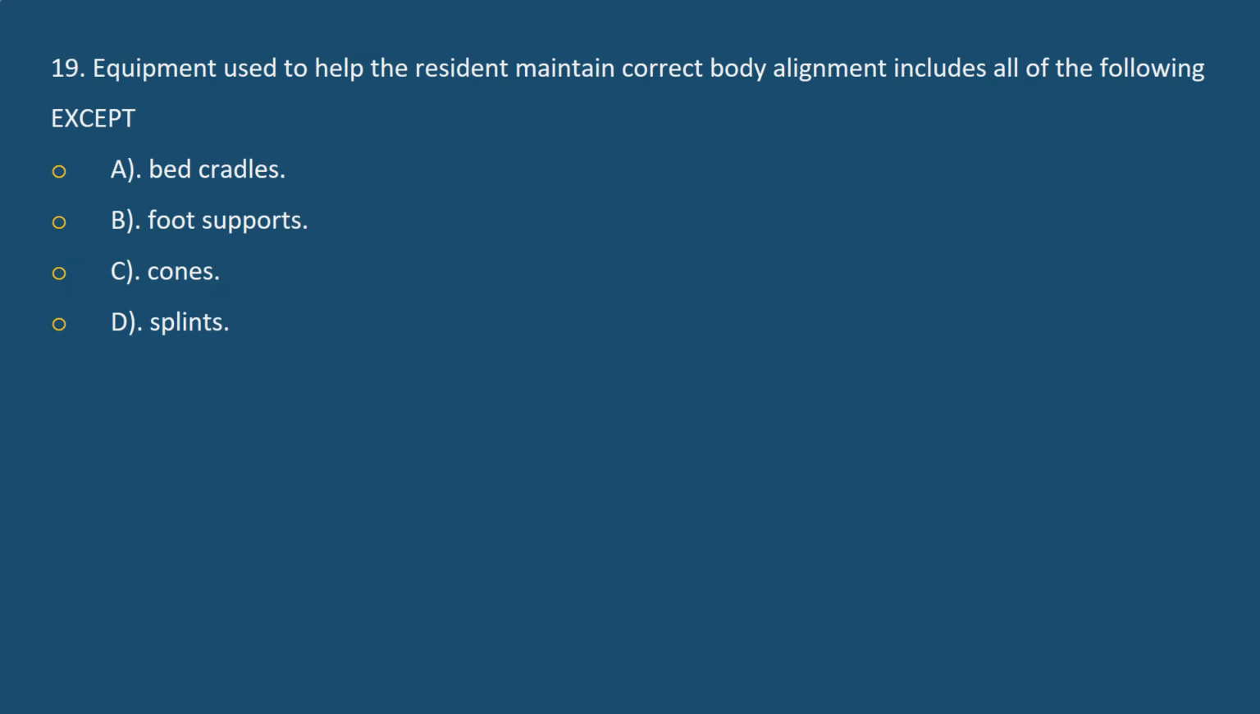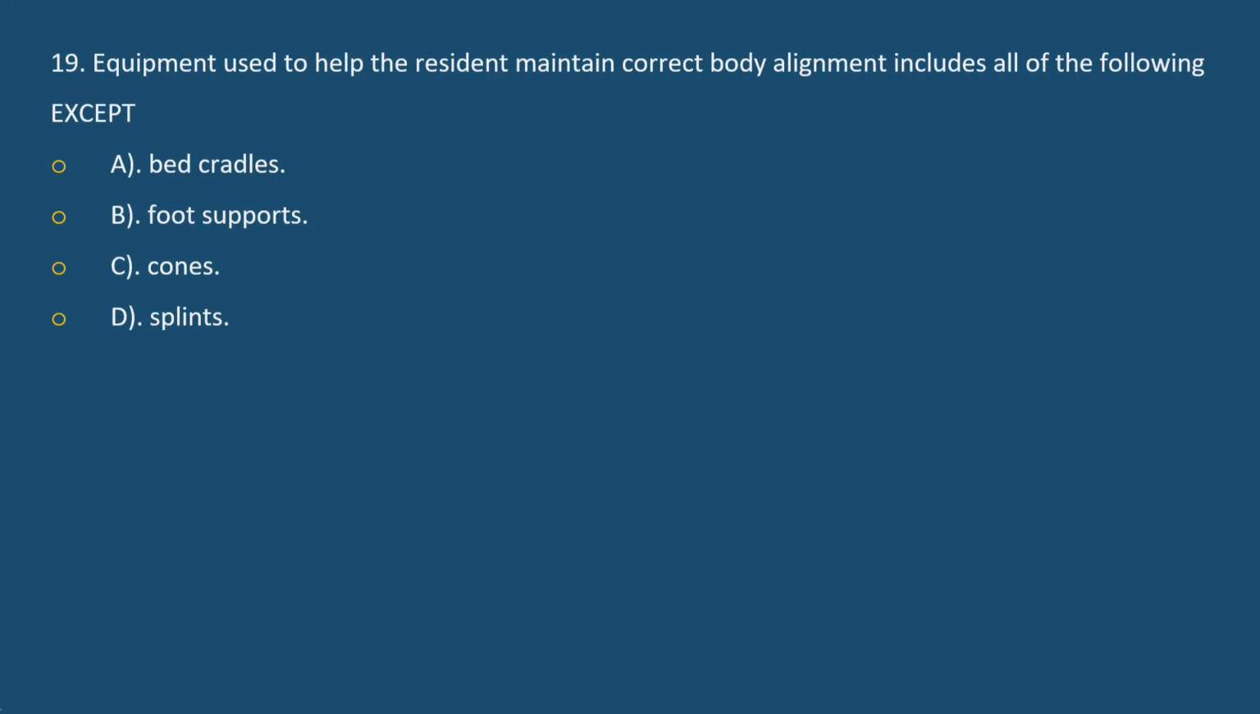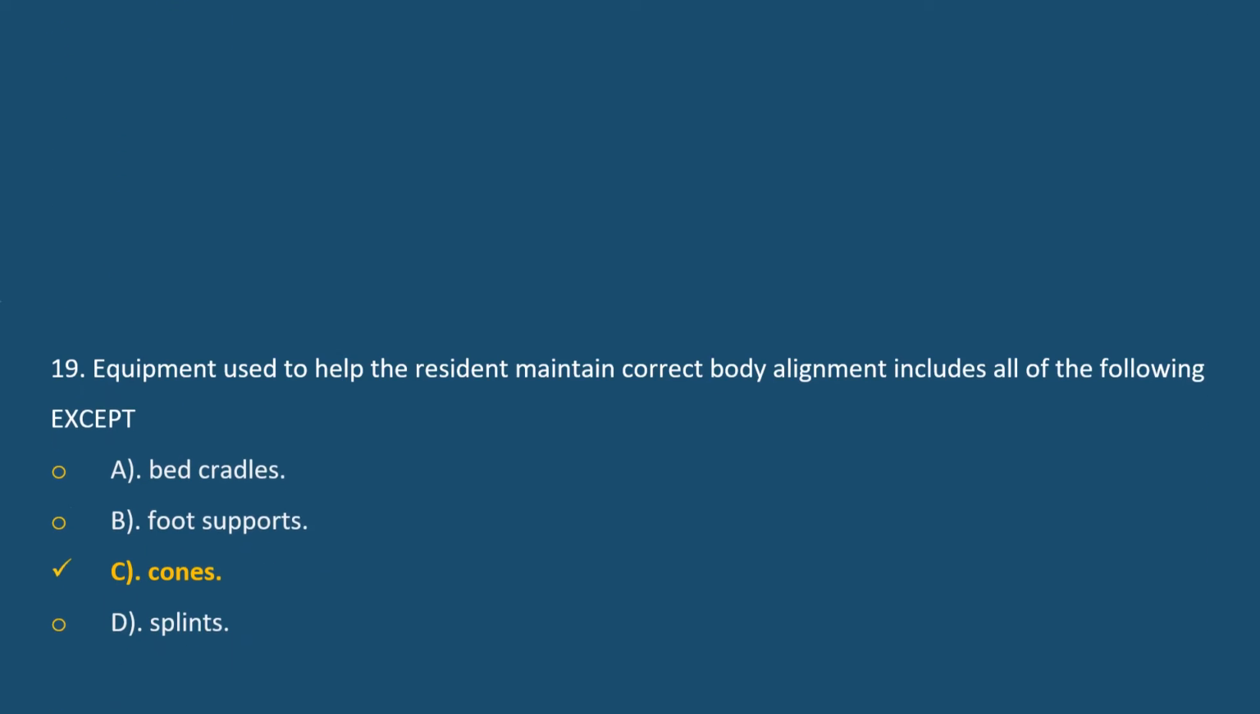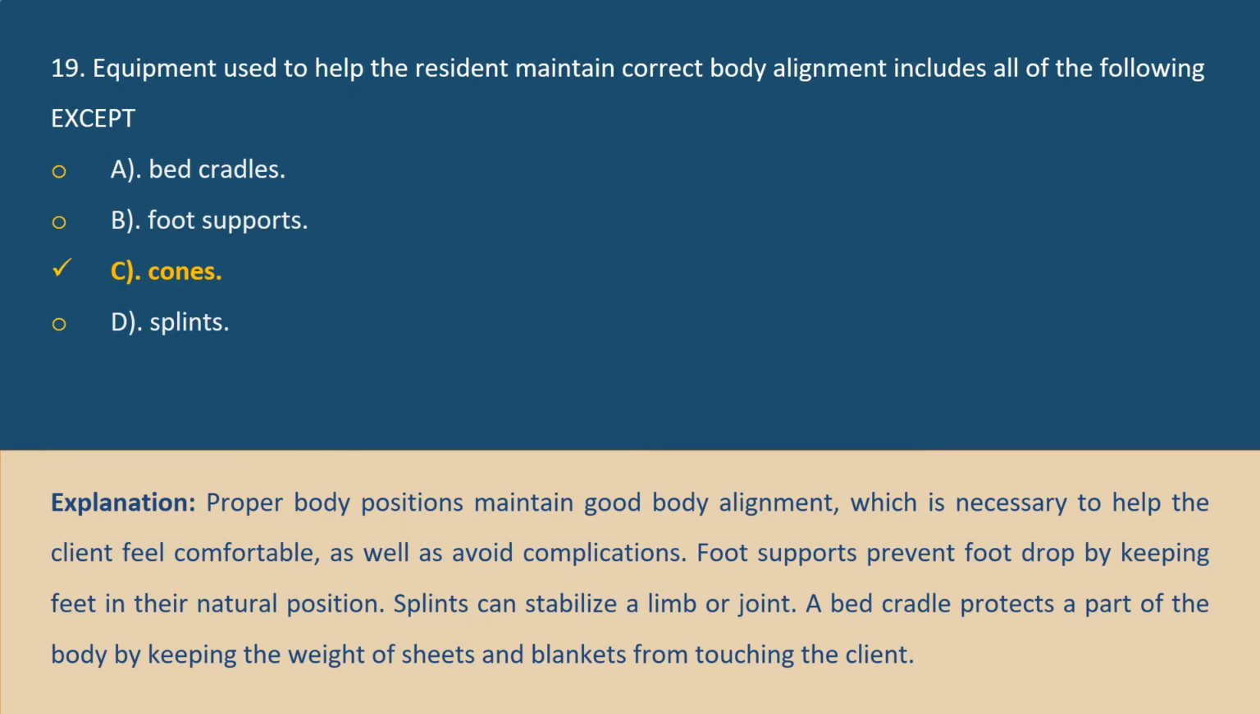Question 19. Equipment used to help the resident maintain correct body alignment includes all of the following except A. Bed cradles, B. Foot supports, C. Cones, D. Splints. Answer C. Cones. Explanation. Proper body positions maintain good body alignment, which is necessary to help the client feel comfortable,